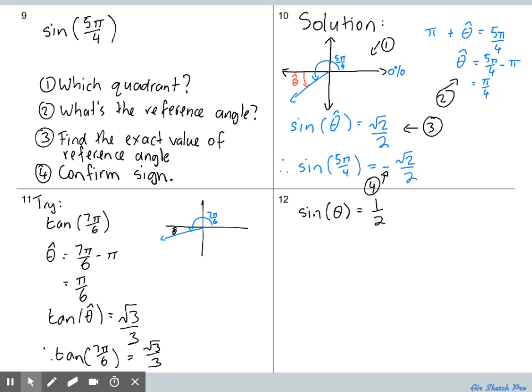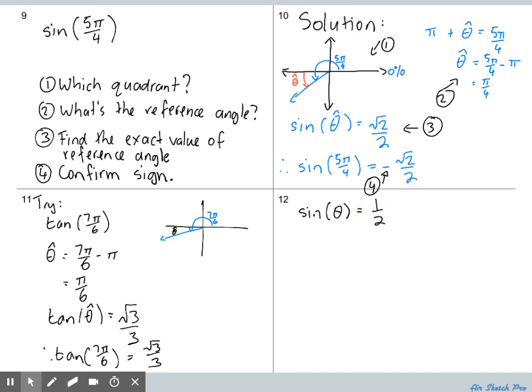Good, you've got 2 solutions there, which is really good to see. Okay, so we need to recognize that sine theta is equal to a half. We look at the sign and we see that half is positive here. So if sine theta is positive, we need to work out what possible angles would give us a positive a